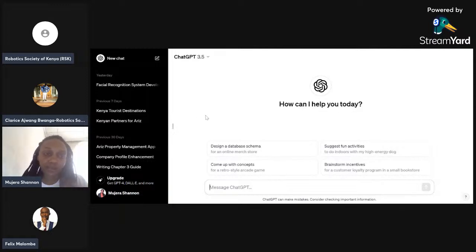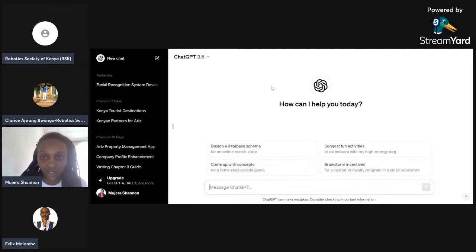ChatGPT in the background was trained with large amounts of data, over thousands and thousands of books, texts, and articles. From that large set of data, the models are able to learn, as we had said earlier. That's the training data. It's able to learn from the data, pick out patterns and correlations, and then come up with the appropriate output. For this, we're going to have a practical session in terms of giving it prompts,